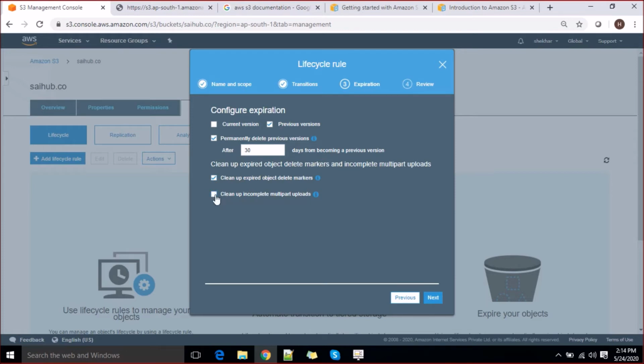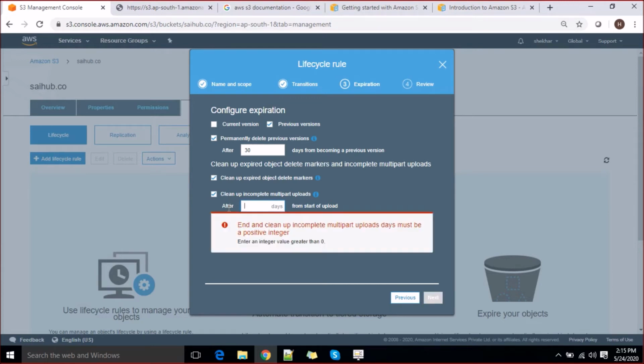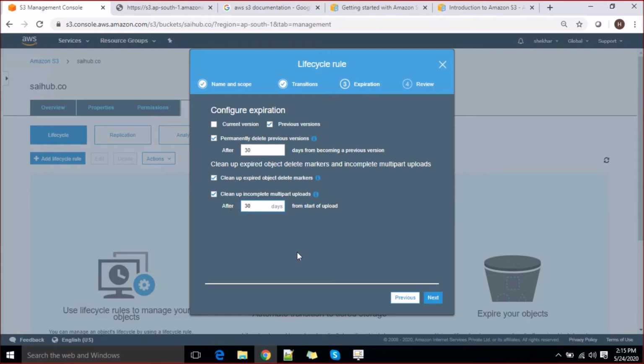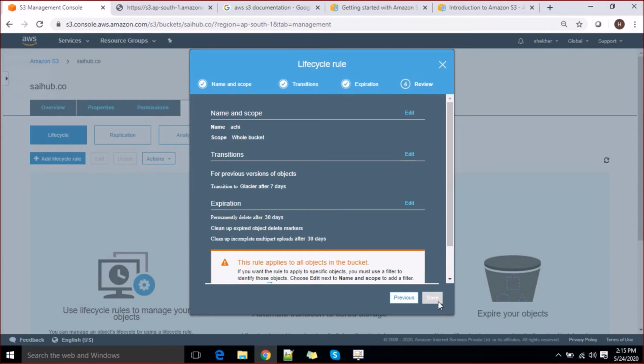Let's say I'll apply it for the expired object and delete markers there also. That's up to you how you want to do that. If you also want to clean up incomplete multipart uploads, go ahead and do it. Let's put it after 30 days also, and next.